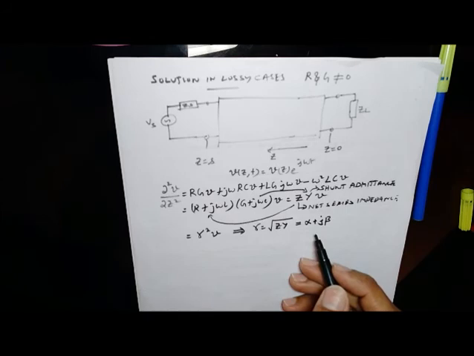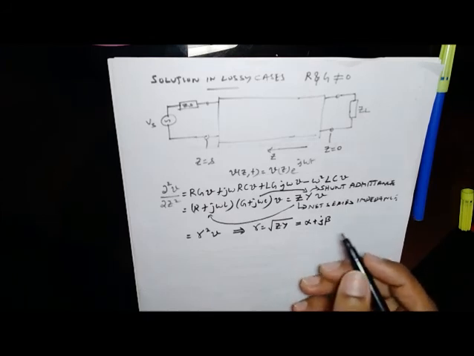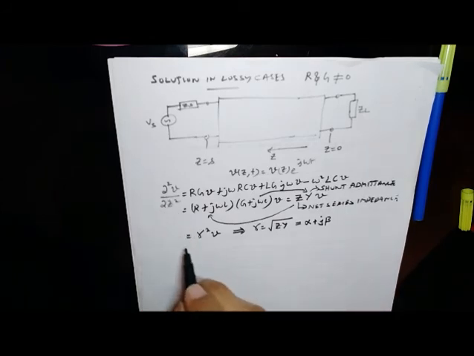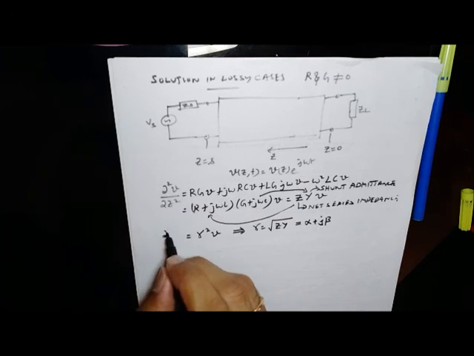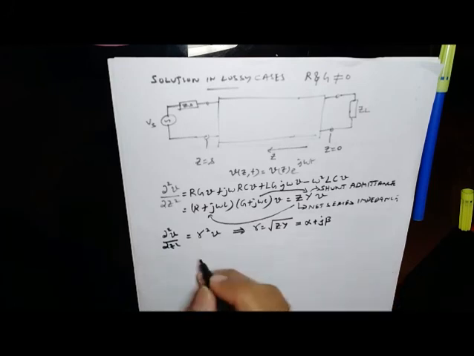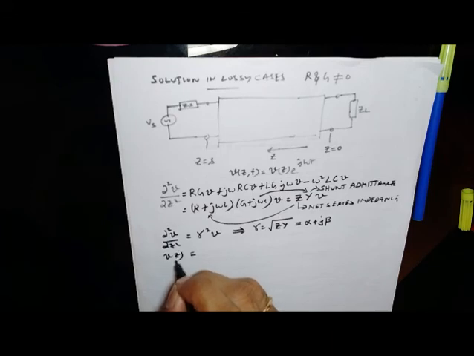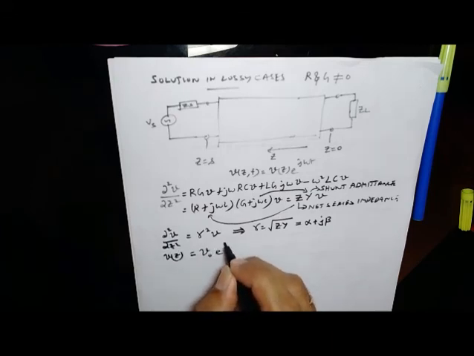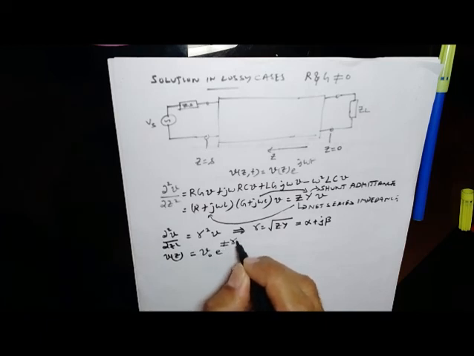Now if you solve this, here on the left side I have dou square V by dou z square is equal to gamma square V. If you solve this, obviously the solution for V(z) would be V0 e power plus or minus gamma z,